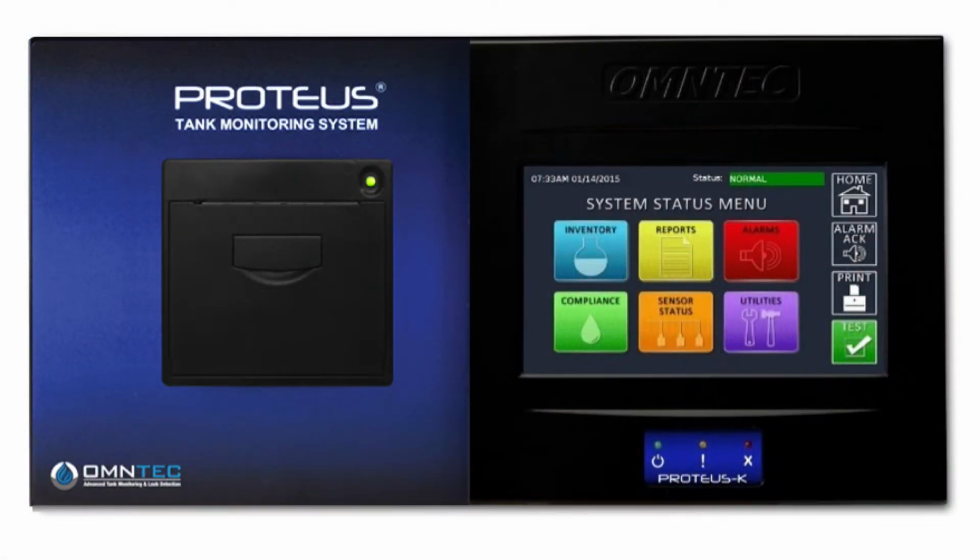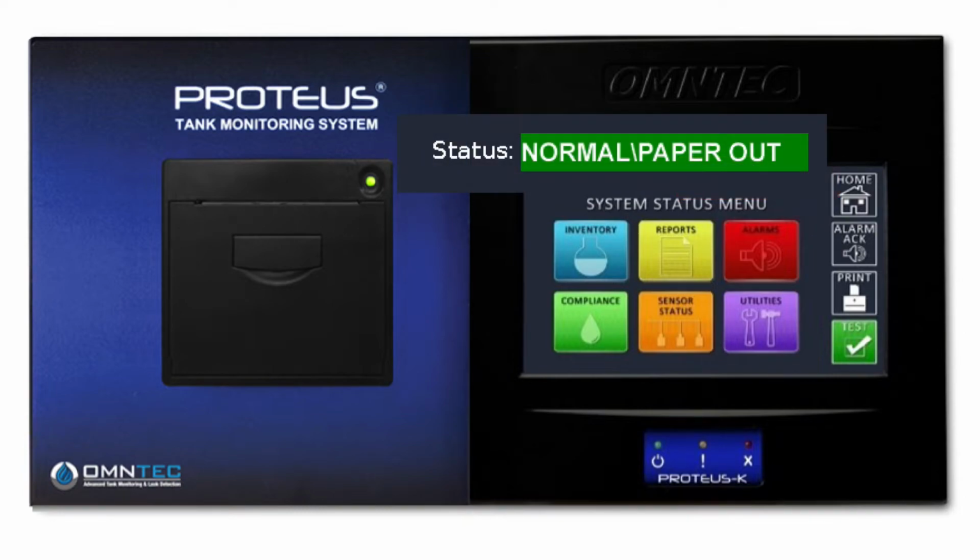Let's look at troubleshooting printer issues. First, ensure the printer has power by verifying the power paper advance LED button is lit and is on steady. Check all cables connected between the printer and the MCU board. Verify the display status does not say normal paper out. A paper out notice will cause the power paper advance LED to blink, but because no alarm sounds, this condition